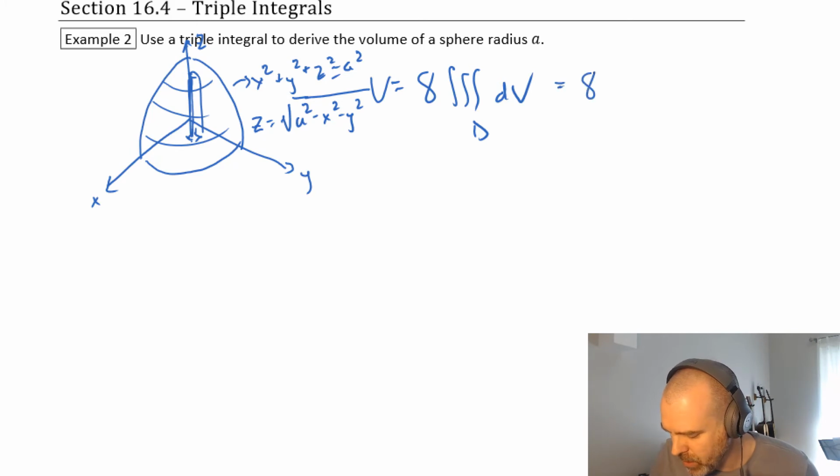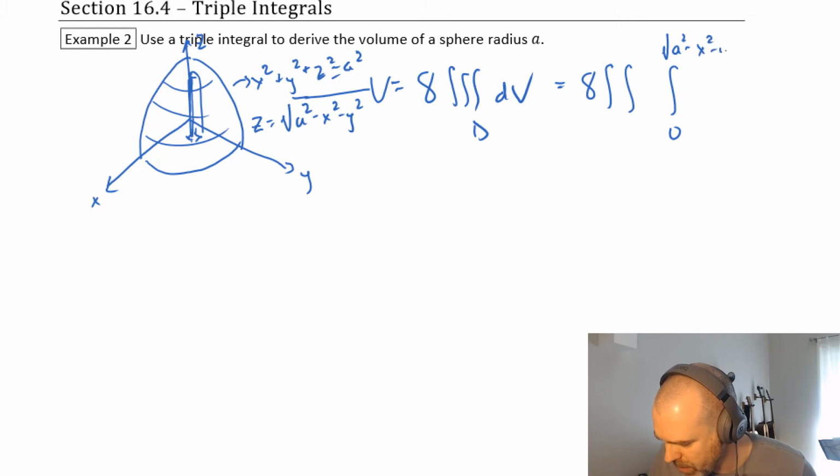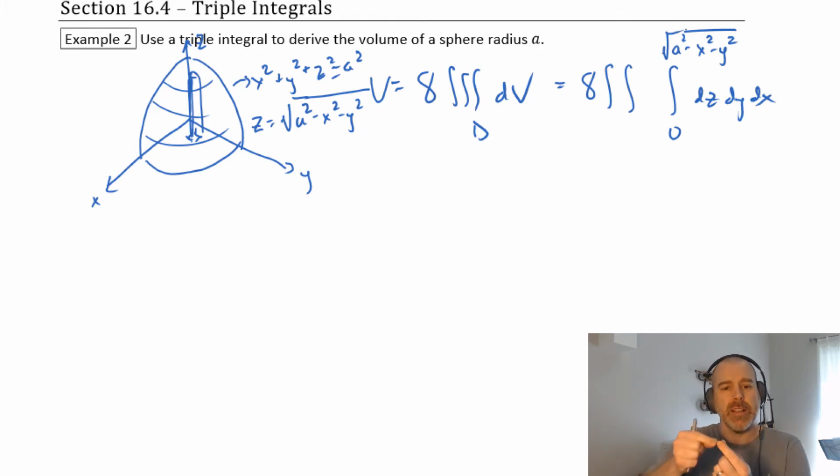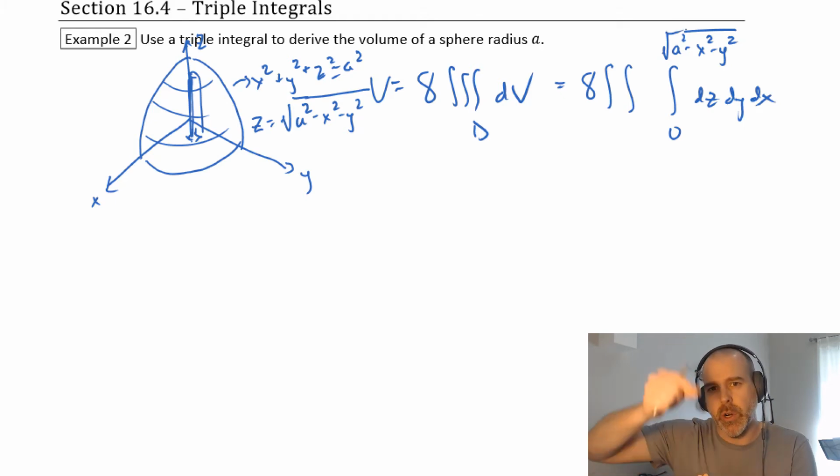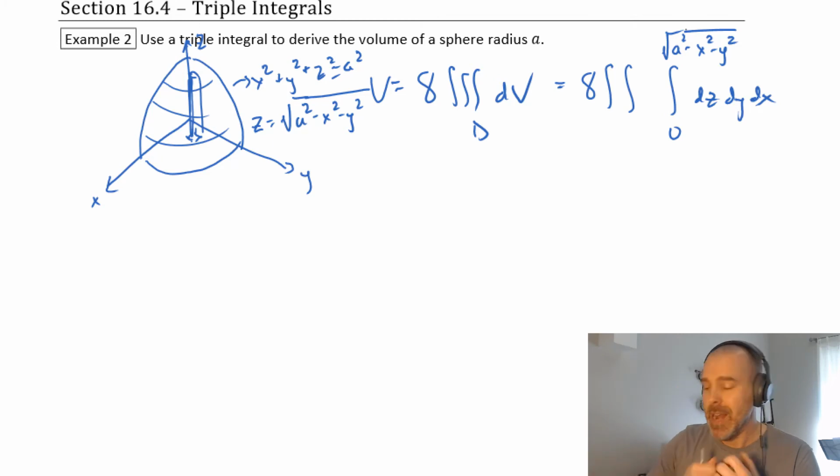So setting up our integral then, z is going to go from 0 to the square root of a squared minus x squared minus y squared. That's going to be dz, then we'll do dy, then we'll do dx. Okay, so we added them up from 0 up to the surface. Now we need to add up the y's. So the y's are going to go from 0, we're going to add them up this way, 0 over to,